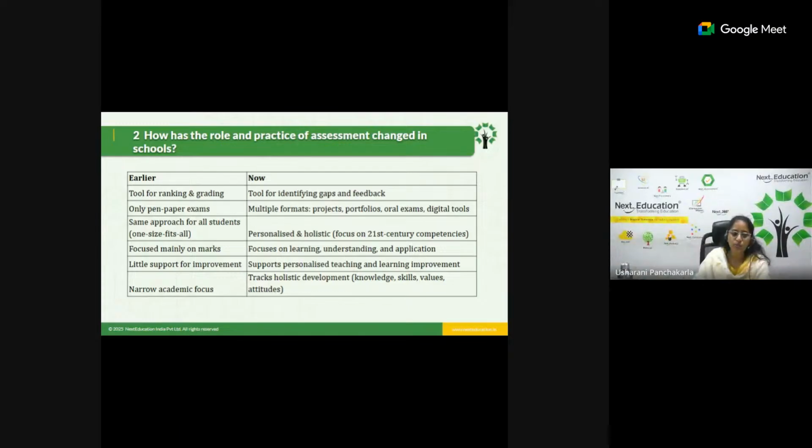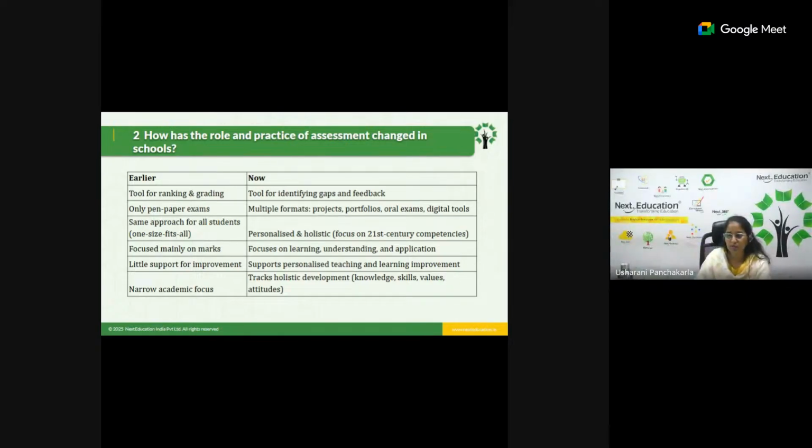So here the focus is only on the marks, like 80 marks or 90 marks or 100 out of 100. So it focuses on learning, understanding and application rather than on the marks, because tomorrow if the students land in any of the companies, employers will value the skills but not the degree or the certificates or the percentage that they are holding, right? So here the focus is mainly on the application and the understanding of the concept. So tomorrow if any problem arises in the company, he would be able to solve it